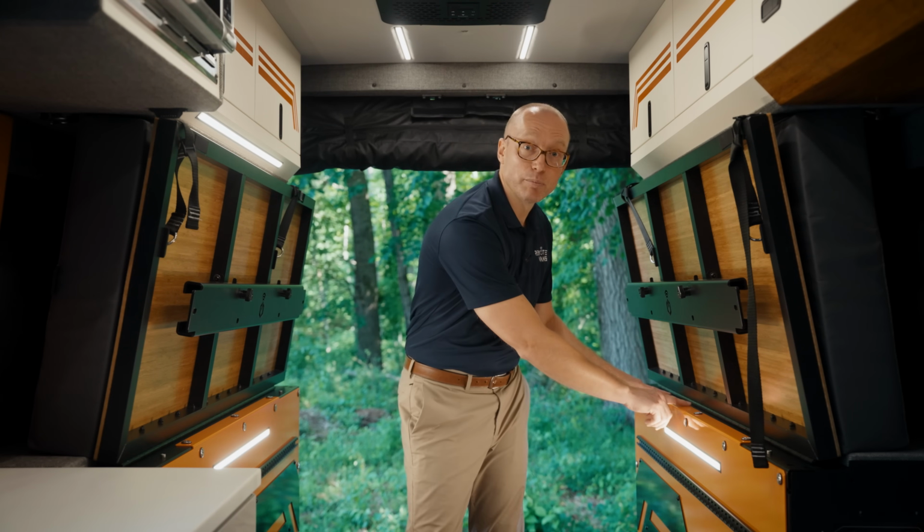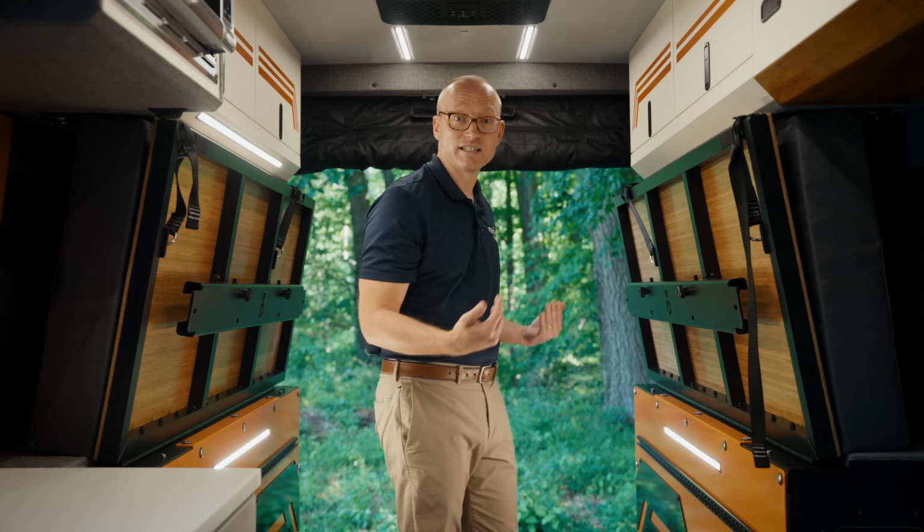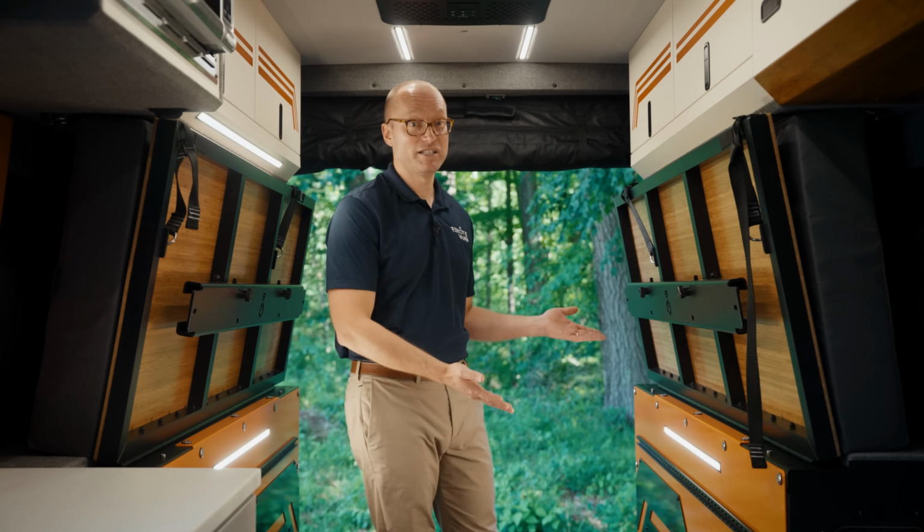We've added a little lip on the top, so now it's truly a one-person job when you need to take this off and pop it back on and then fix it. It's also super easy to remove and very lightweight compared to what we had in the past. But talking about what's inside this box, the plumbing system,